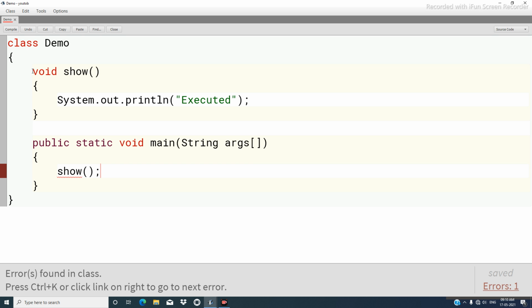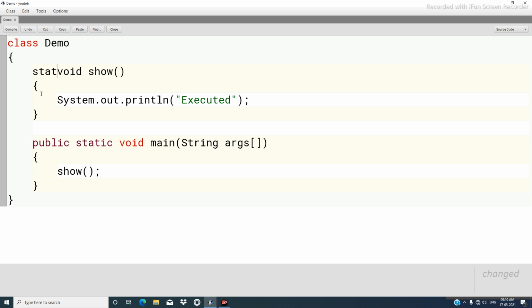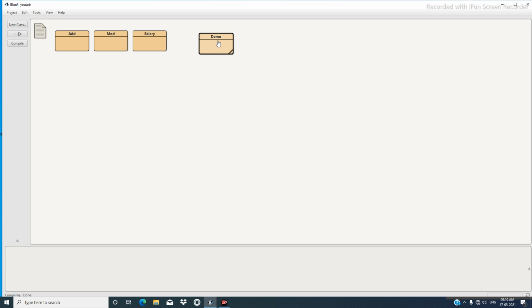So what we do to make it permitted, we put a keyword static before the show method. Now let us compile this. So when we compile, we can see class compiled, no syntax errors. We close this, right click. Now we will not create the object because there is main method.